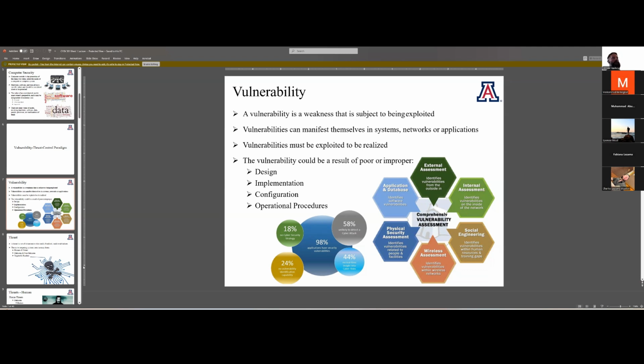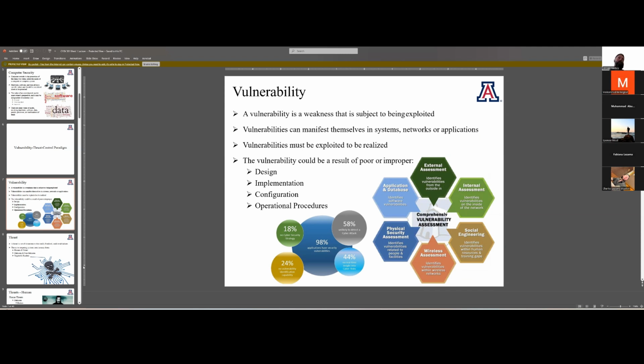So a vulnerability is a weakness that is subject to being exploited. These can be realized. They can be unrealized. Unrealized sometimes has a term associated with it as an academic vulnerability, right? But a realized vulnerability means that someone somewhere out there has the capability to exploit a vulnerability.